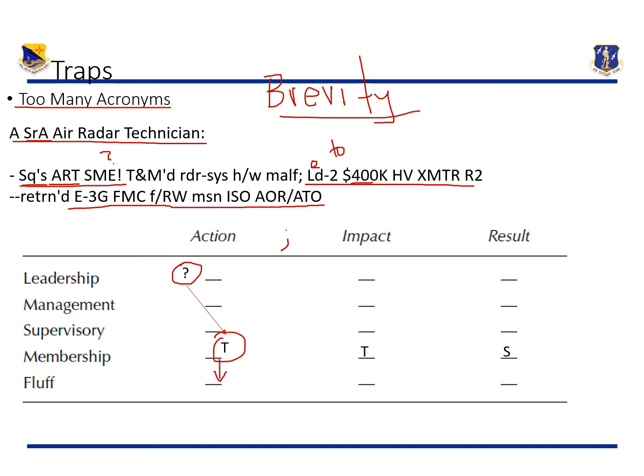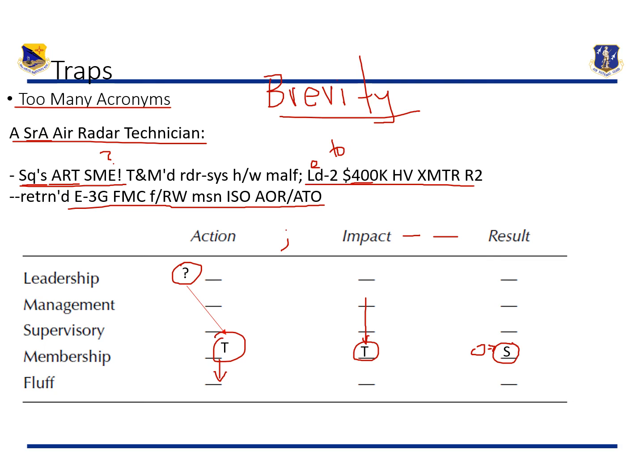And then we look at the impact. It looks great. I see a $400,000 figure here and everything, but again, if I don't know what the acronyms mean, I will clearly go from what could have been a good management level, supervisory level bullet down to a membership bullet. And again, tactical. There's data to measure, and so you can definitely get something out of that, but not much. Last but not least, the result really was at the strategic almost level, more operational, but it was borderline between the two, operational slash strategic.